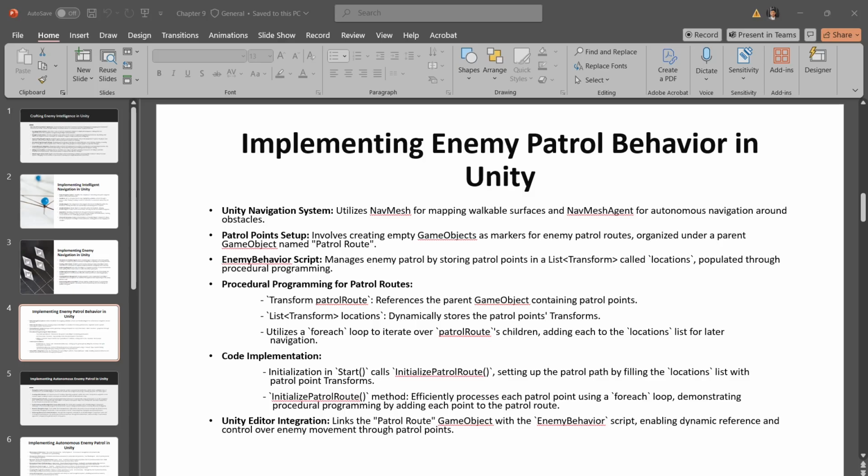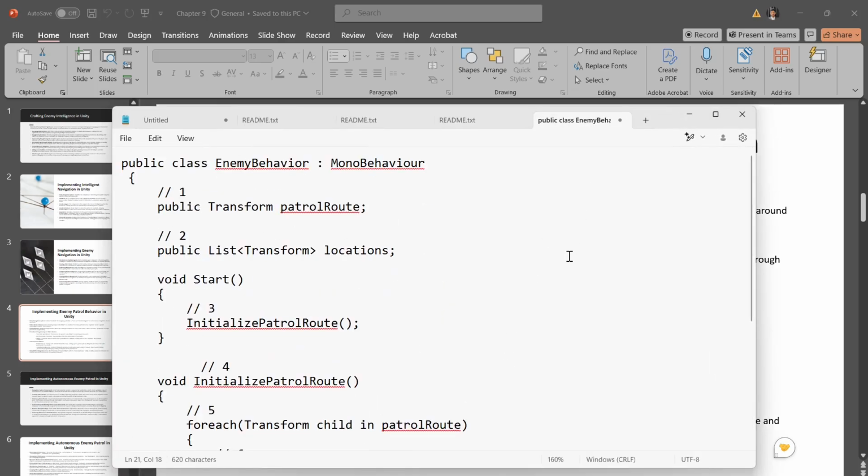So the enemy behavior script basically is responsible for managing the enemy's patrol behavior. So the key components of this script include